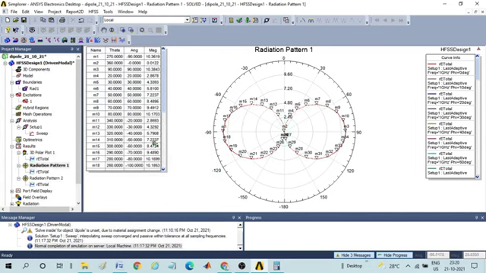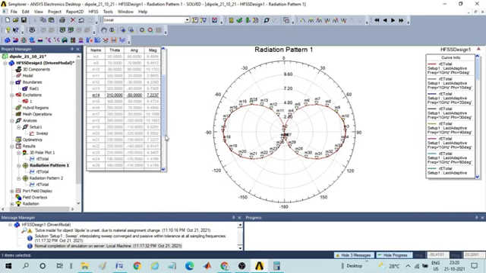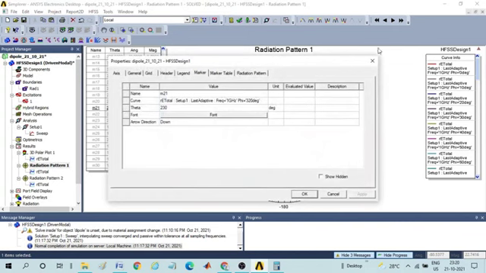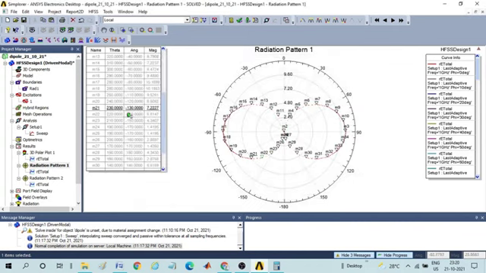So wherever 7.32 is there, it is 50. Again you can see at 7.32, it is 130. So between 50 and 130 is the actual beam width.